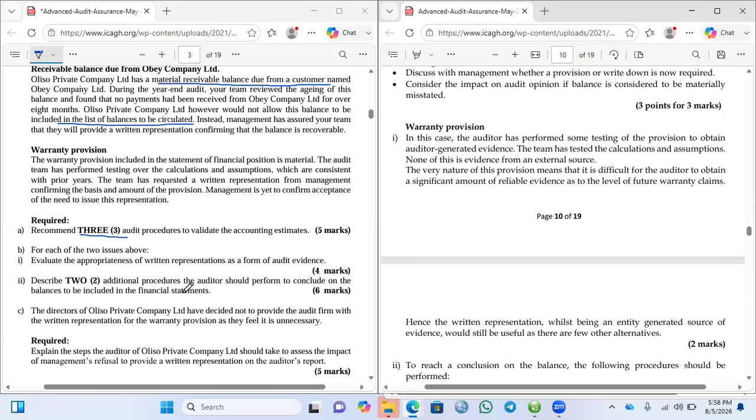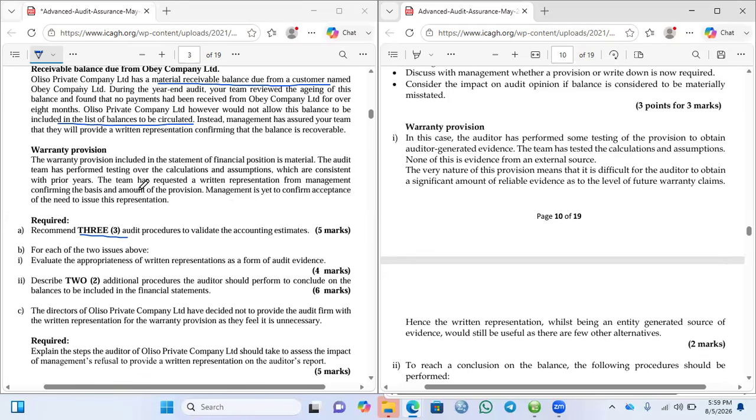Okay, so it means that when it comes to the warranty, the auditor can rely on what management writes to explain or justify, because there's little you can do externally to confirm these provisions they have made. I think it makes sense, because if I sell goods to my customers and I say, if it spoils, bring it, I'll replace it. Or if there's any repairs, I'll do it. And then I make a provision for these warranties or guarantees I'm giving.